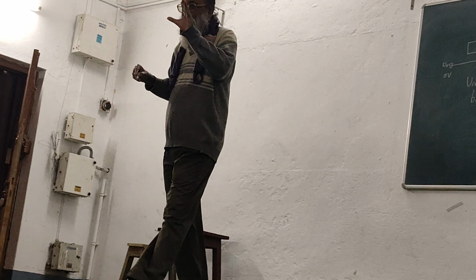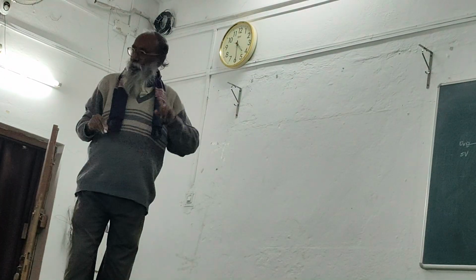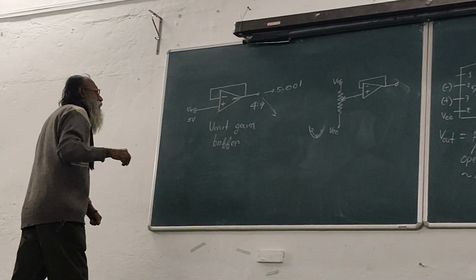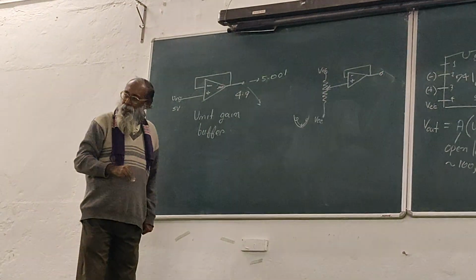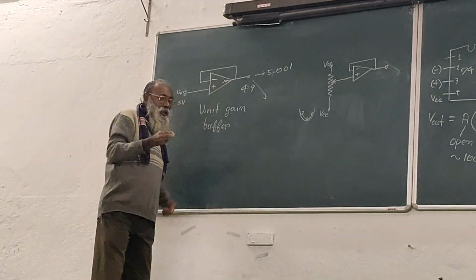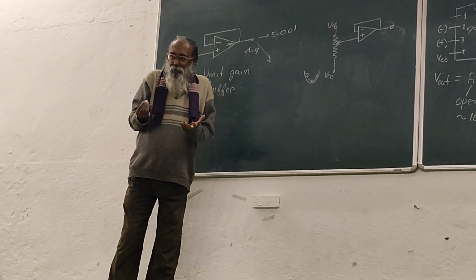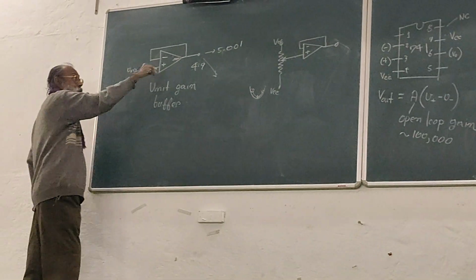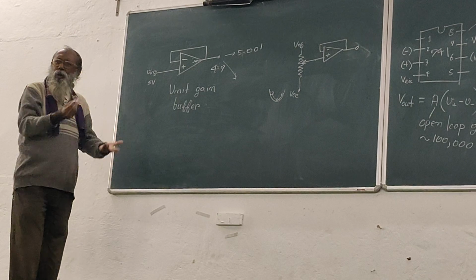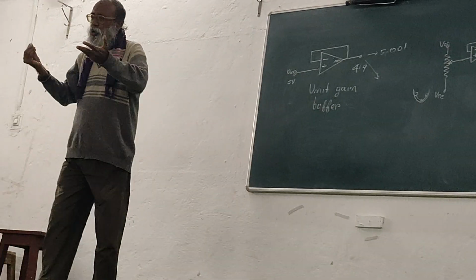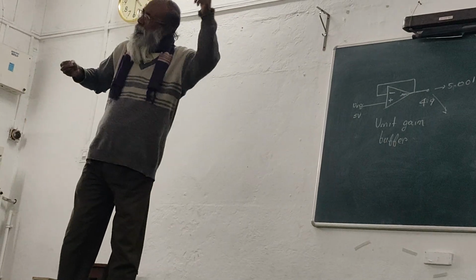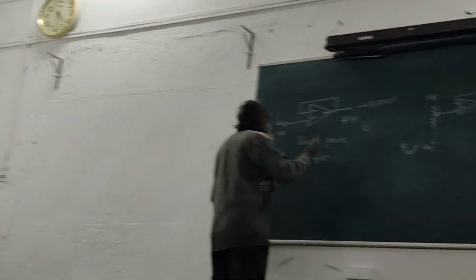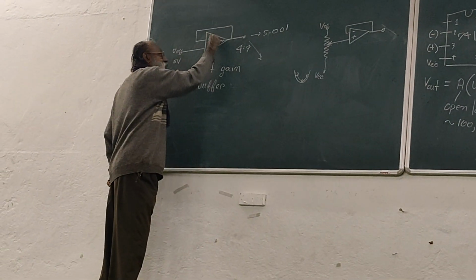So if I change the amount of current that I am drawing from the output, that should have resulted in a fluctuating voltage here. But the internal circuitry will increase or decrease the voltage in such a manner that the effective voltage is the same. Because if it doesn't, then the negative feedback will see to it that it does. Like when you draw water and the pressure drops, you open the main switch wider. So if you look at it like that, there is some kind of a system inside and then there is a resistance,